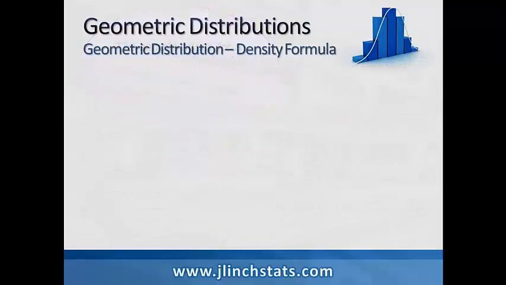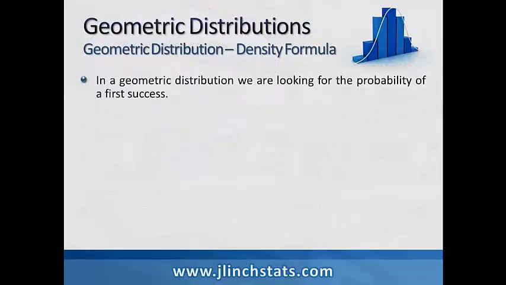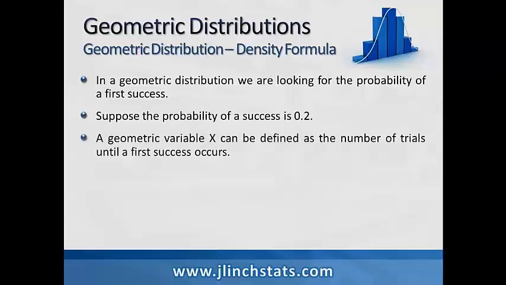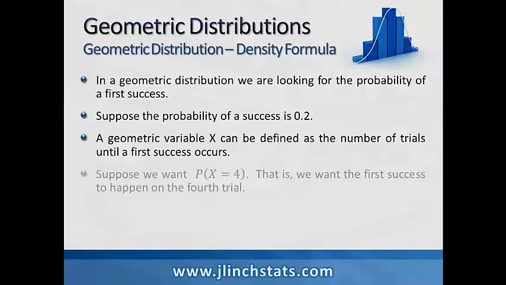Now let's take a look at the density formula for a geometric distribution. In a geometric distribution, recall, we are looking for the probability of a first success. Suppose the probability of a success is 0.2. So there's a 2/10 chance that we're going to have a success. Now, a geometric variable x can be defined as the number of trials until a first success occurs. Suppose we want the probability